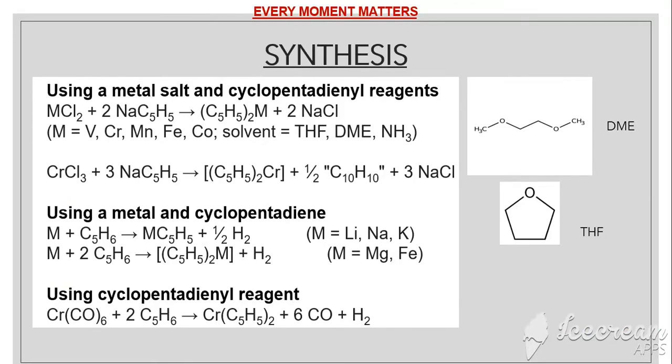So proceeding further in metallocenes, we will study the synthesis of metallocenes and some routes which are employed for achieving this synthesis. First in this category is using a metal salt and cyclopentadienyl reagent. Sodium cyclopentadienide is the preferred reagent for these types of reactions. It is most easily obtained by the reaction of molten sodium and